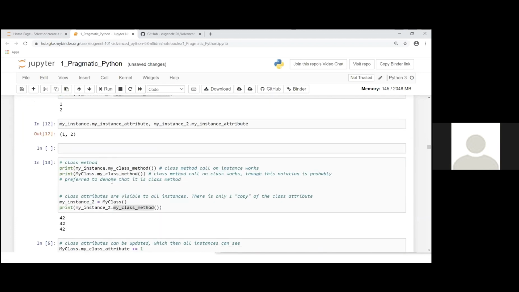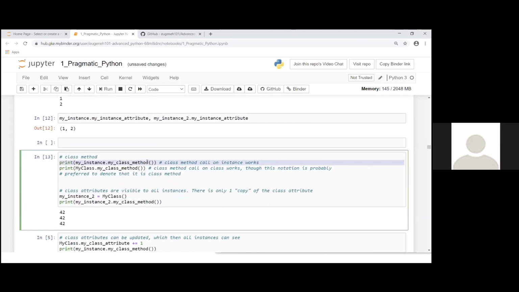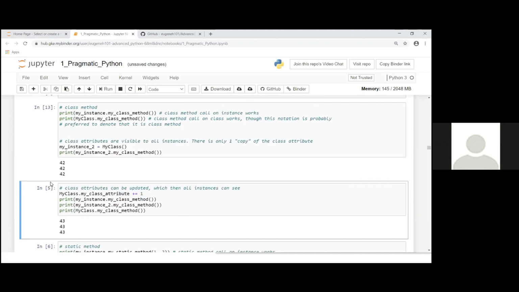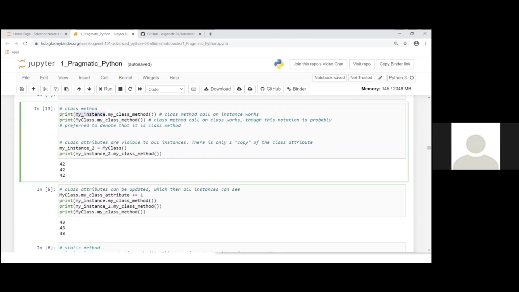So down here, when I'm calling the instance's class method, it can pull out the class attribute, and it's the same if you use the class to call the class method to get the class attribute. Both class and instance have access to class methods and class attributes. It doesn't matter if you're calling from my instance 1 or my instance 2.